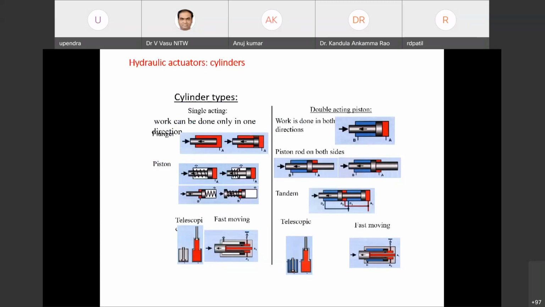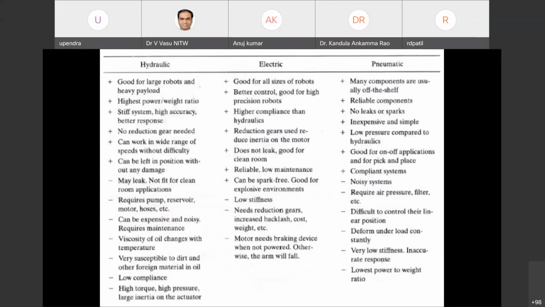In that we are going to have the incremental type, like stepper motors, and we have the continuous type, which are the DC motors and AC motors. In the DC motors we have the brushed and brushless, and in the AC motors we have the induction motors and the synchronous motors, which are mainly used for your applications. Okay, so this table is able to give you a brief